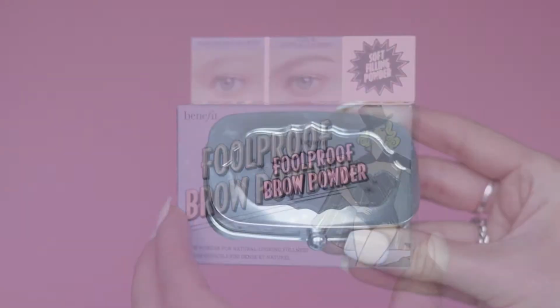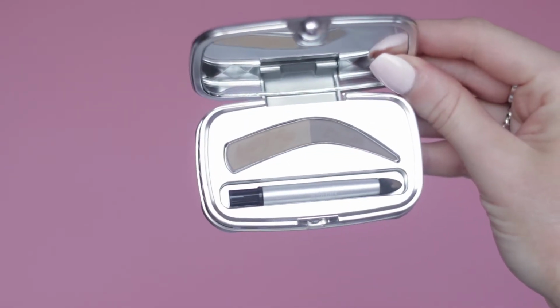So the first product is the Foolproof brow powder. Now this is really good. This isn't a review, but this is one of the ones that I've used and I really, really do like it. It's fabulous. This is what it looks like. So it's like a little eyebrow. So you have a lighter,